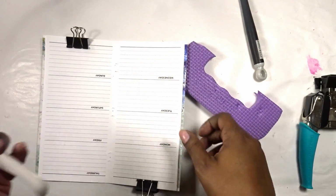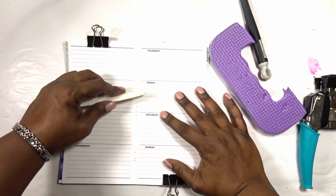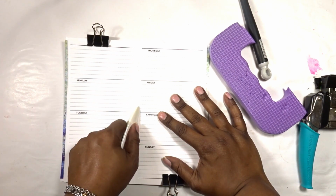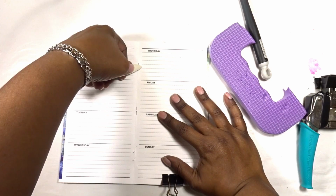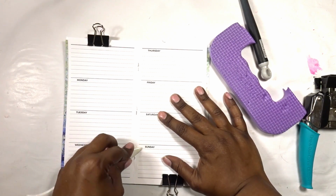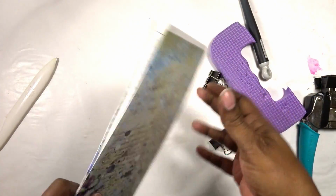Now, when you flip this over, you pull it out of the foam, you're going to have staples sticking up in the air. Can you see those? So you're going to need something sturdy. I use my bone folder to come in and just lay those down flat. You could probably use your scissors to lay down those staples. And that's it. That is how you can use a stapler to bind your own